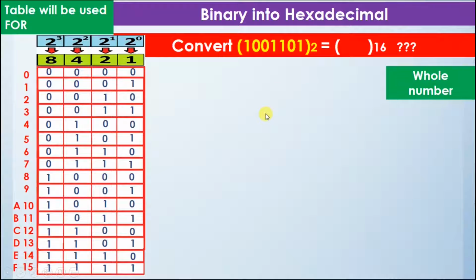So we know that 2 raised to power 4 is equal to 16. So we will have a table that has 16 rows and 4 columns. Just like the conversion of binary into octal, where we made groups of 3 bits, in the same way, in this example, we will make groups of 4 bits. Why 4 bits? Because a hexadecimal number is represented using 4 bits.